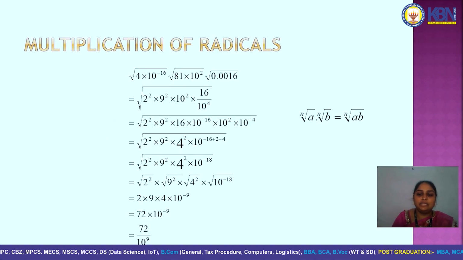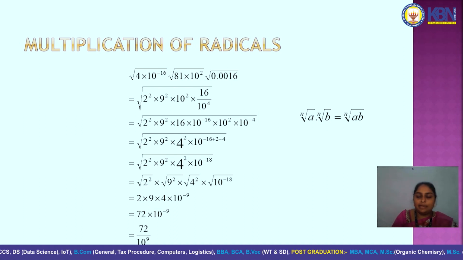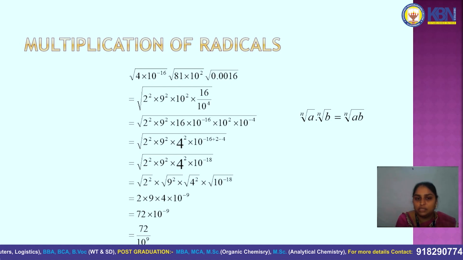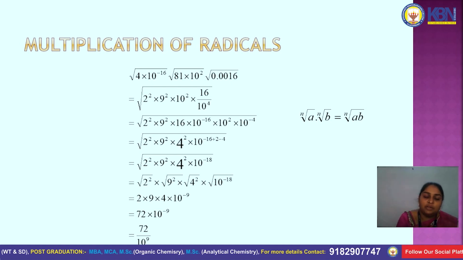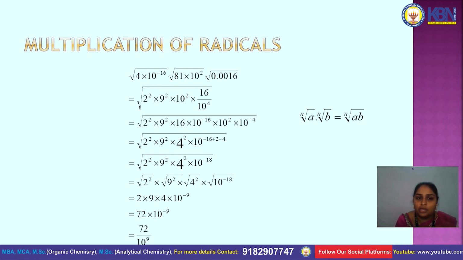And the next one is multiplication of radicals. Here 3 radicals are given. Now we have to multiply them to get a single term. Here we use the formula n root of a into n root of b, which is equal to n root of ab. Now by using that formula, the given 3 radicals can be combined and written as square root of